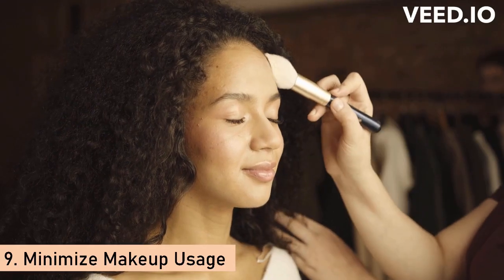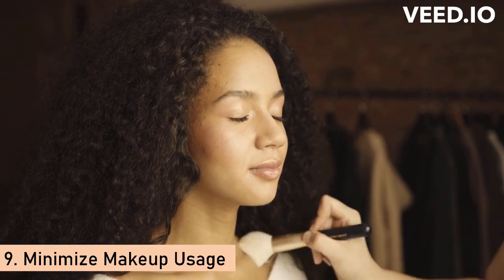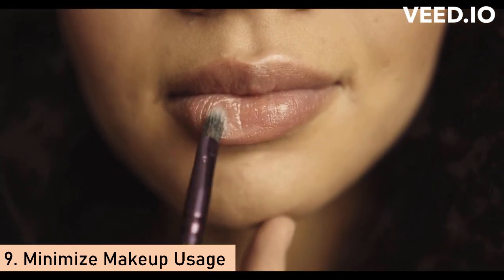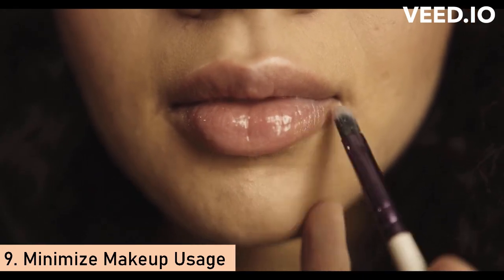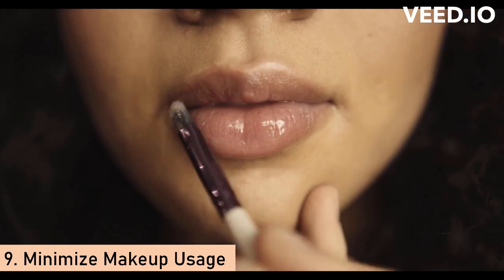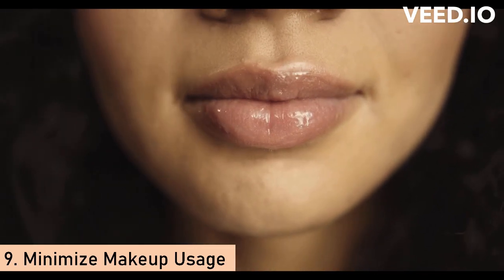radicals. Number 9. Minimizing makeup usage can help improve the overall health and appearance of your skin by allowing your skin to breathe and preventing clogged pores. Wearing less makeup can also help reduce the risk of skin irritation and allergic reactions, and save you time and